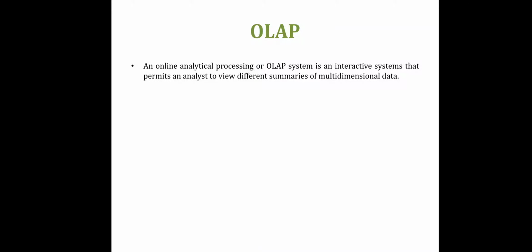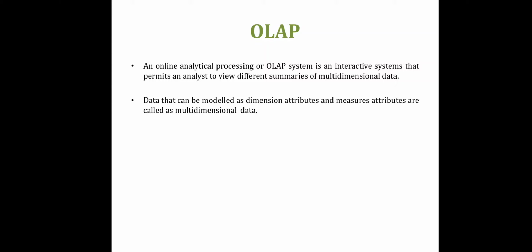The word online indicates that the analyst must be able to request a new summary and get responses online within a few seconds, and should not be forced to wait a long time to see the result of the query. This is the purpose of the word online. Given a relation used for data analysis, we can identify some of its attributes as measure attributes, since they measure some value and can be aggregated upon some of the other attributes of the relation, which are defined as dimensions.